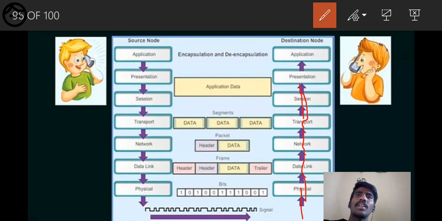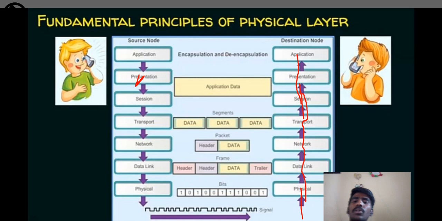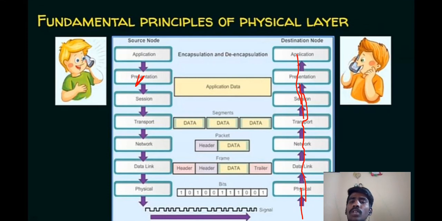Thereafter the presentation layer decrypts the data, which it had encrypted on the sender side, and at the application layer your friend can see your message over here. So that's the way the process goes on using these layers. These layers are mainly responsible for our data being secured.